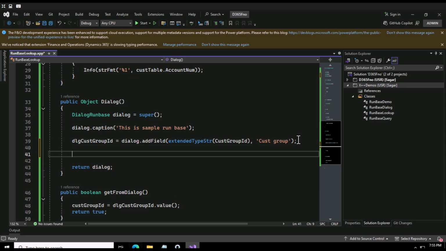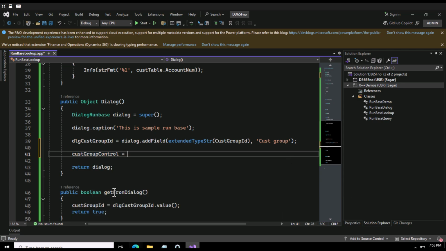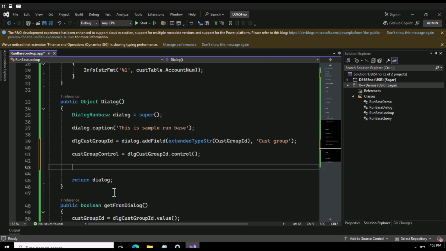So what I mean to say, cust group control, the new control that I have created here, from my dialog field I can assign this control here. Now once I have control,